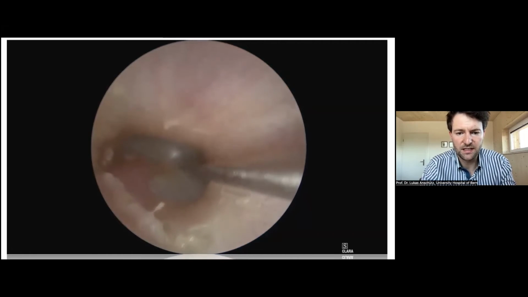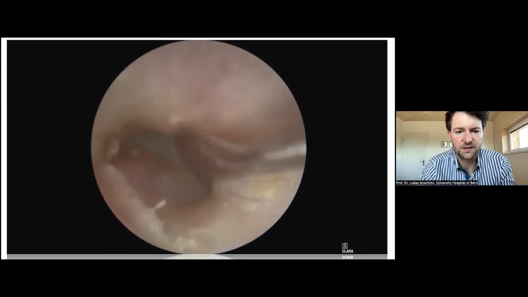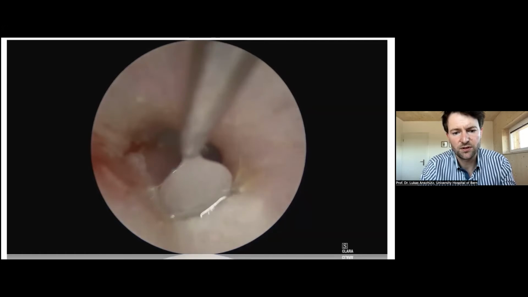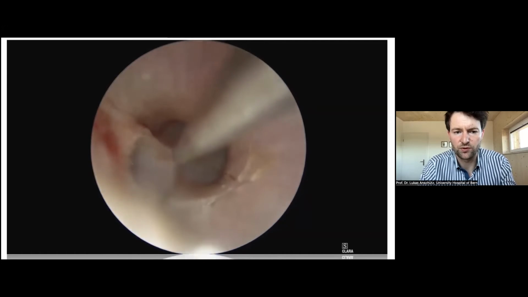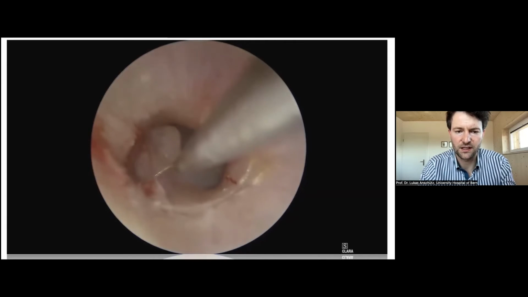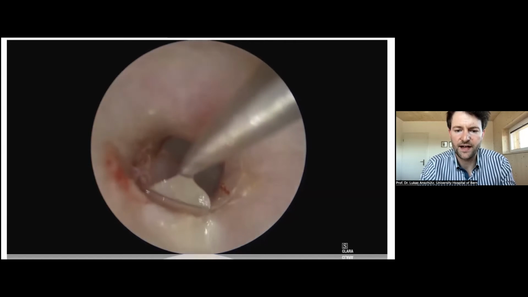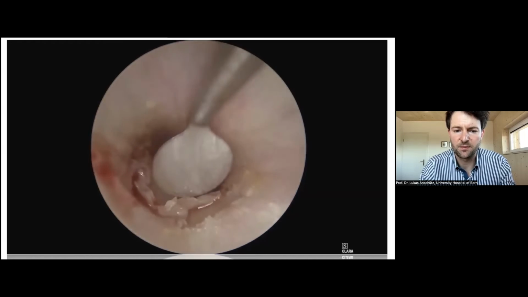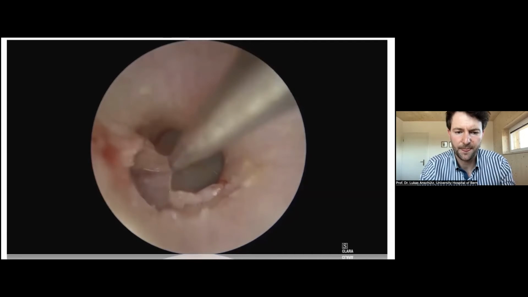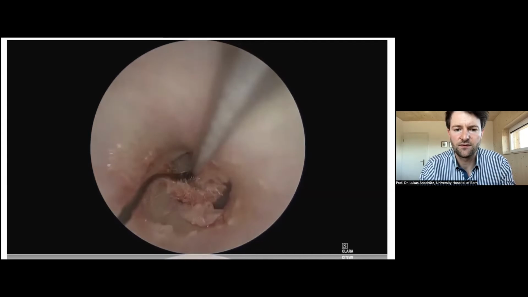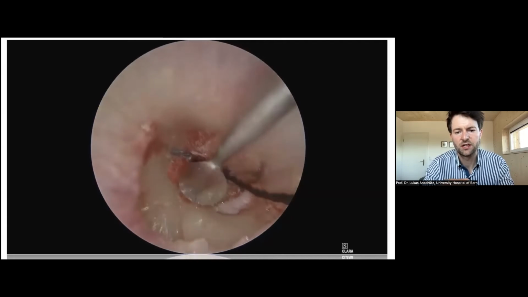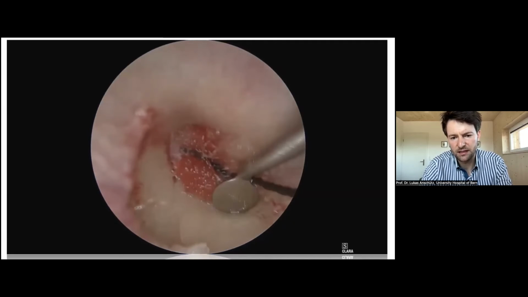So we do the flap, we incise the skin with the knife, the same as you saw before. You see the flap here is a bit smaller because I don't need to remove so much bone. And again, here we can start to dissect the tympanomeatal flap to find the right plane in the beginning and to follow the bone until we reach the annulus. You can see virtually no bleeding. Now with a neuropathy, we can finish the dissection of the flap and we can reach the annulus.